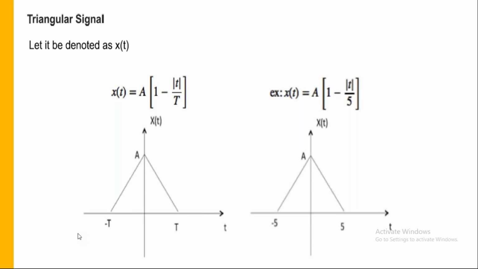Now what is my y here? Along the y axis I have x of t, so I can write y as x of t. I am going to consider this coordinate as x1 y1, and this coordinate as x2 y2. So if I consider y1, my y1 is 0 since I have only x1. Then y2 minus y1, here I can write a minus 0, again x2 minus x1.